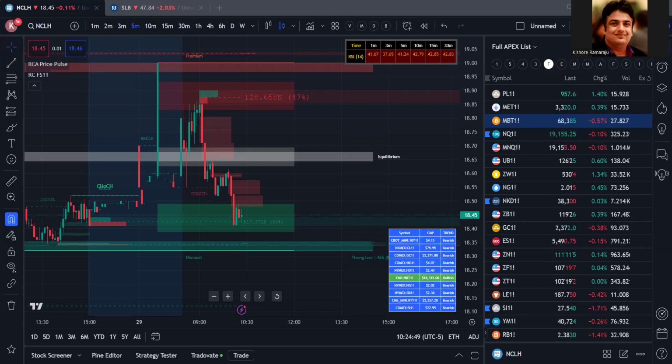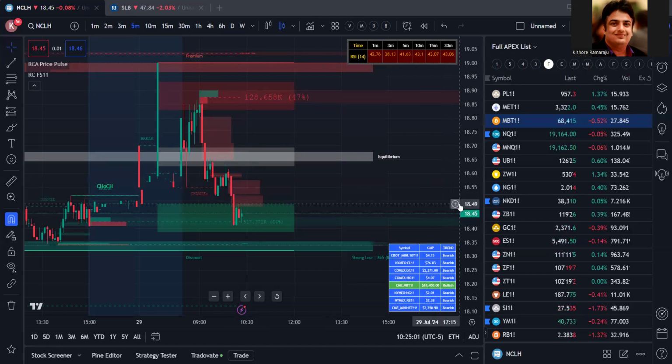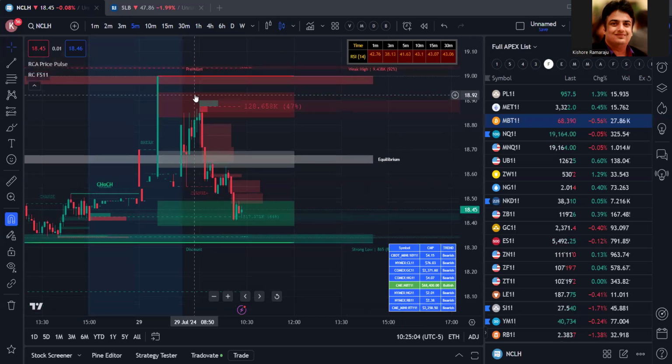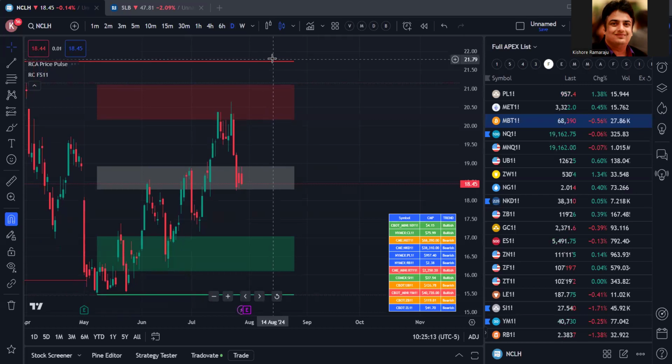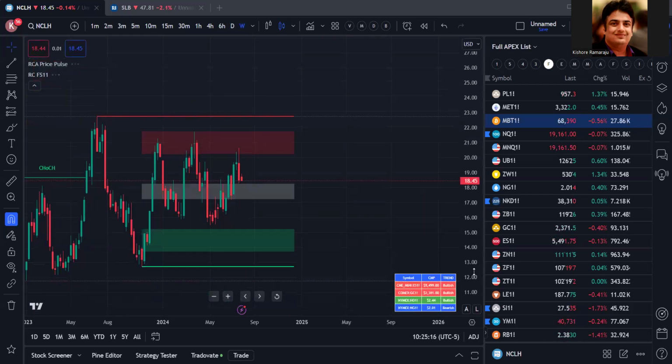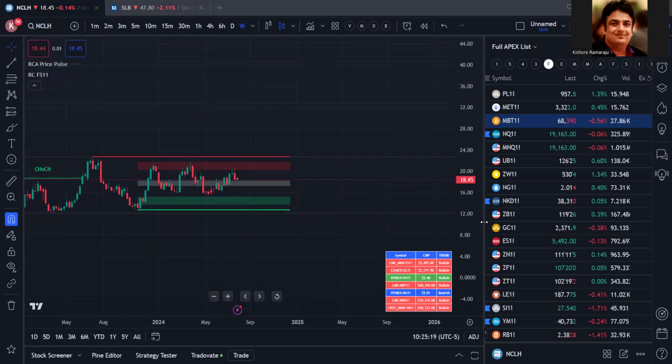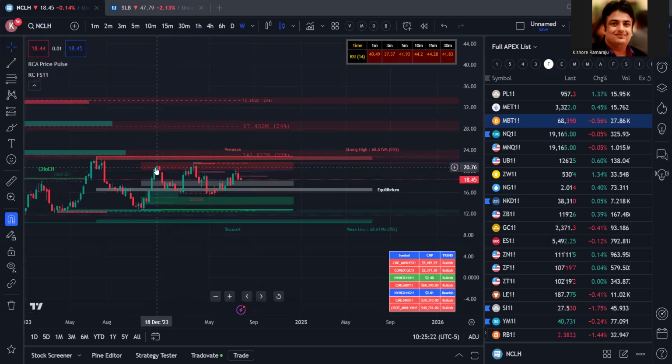And if you want, you can also buy the stock. If you are more of a stocks trader, there is a high possibility for NCLH to go all the way to 18.89. We also saw that it got squeezed over the last few weeks, where it was in a squeezed mode, just moving up and down without a big up move or down move. So there is a high possibility for NCLH to go up